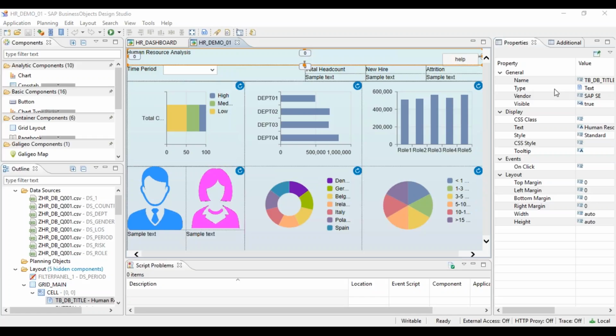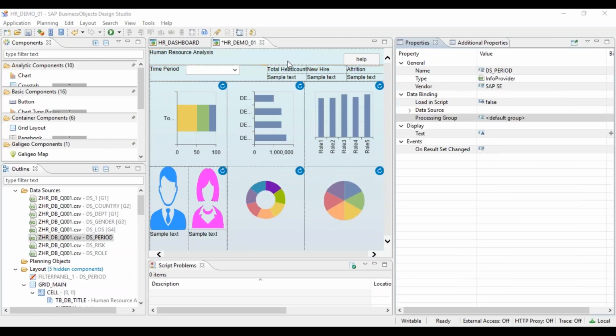You select another data source and define its processing group as G2. Select another data source and say again G1. This data source you say G3, G4. Are you showing some screen to us, or is this a constant screen? I see one constant screen only.